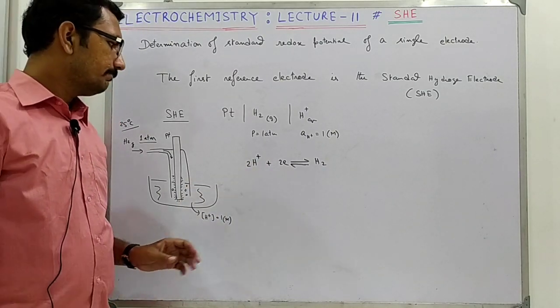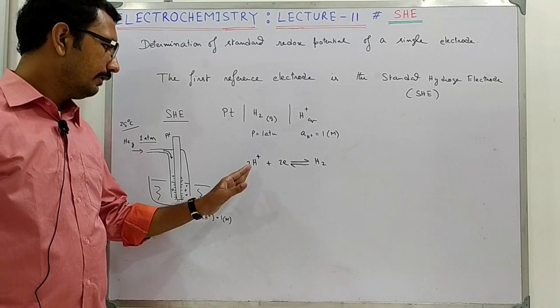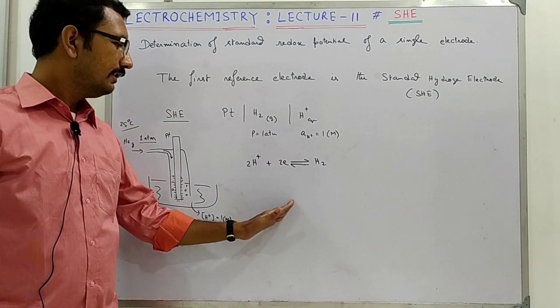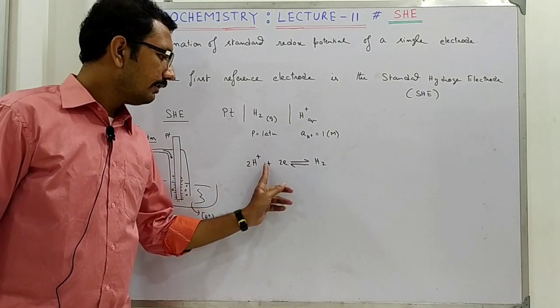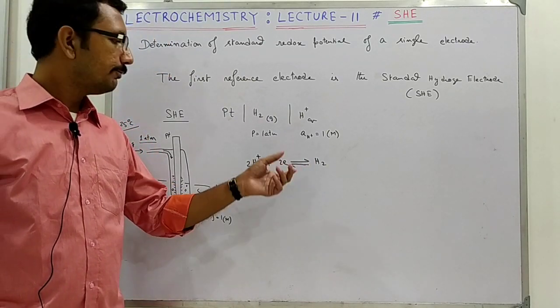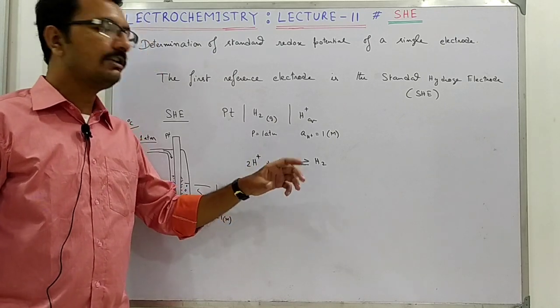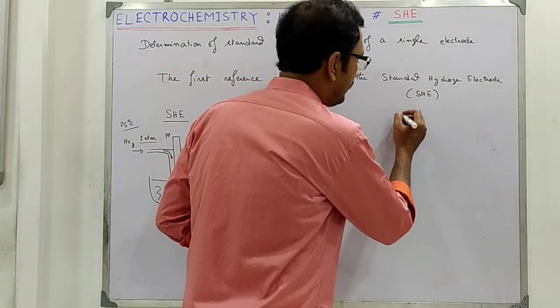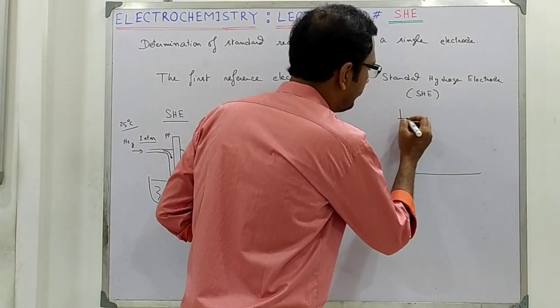Now, you see, if surface area is increased, then what will happen? Then both the directions will have accelerated rates. So, the forward rate and the backward rate will be accelerated. Now, if both rates are accelerated, then say